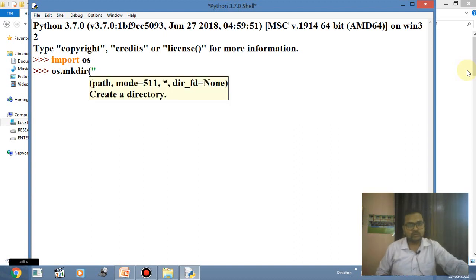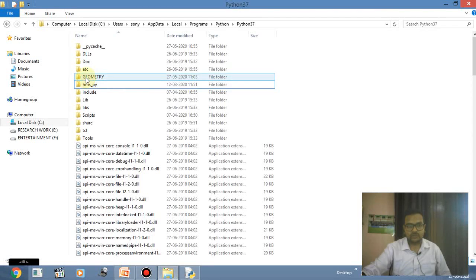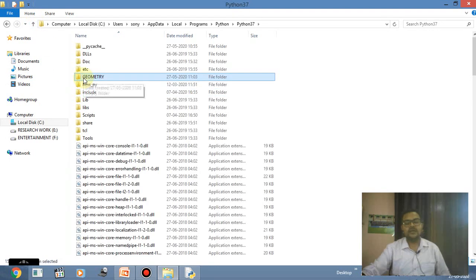I'm going to name the folder geometry. तो मैं geometry से इसको assign करता हूँ. If it has executed and no error is coming, that means we have successfully created our folder geometry. Now this geometry is a folder, however it is an empty folder right now. इसको हम directory से library phase में convert करेंगे. इसको हम library में convert करेंगे.